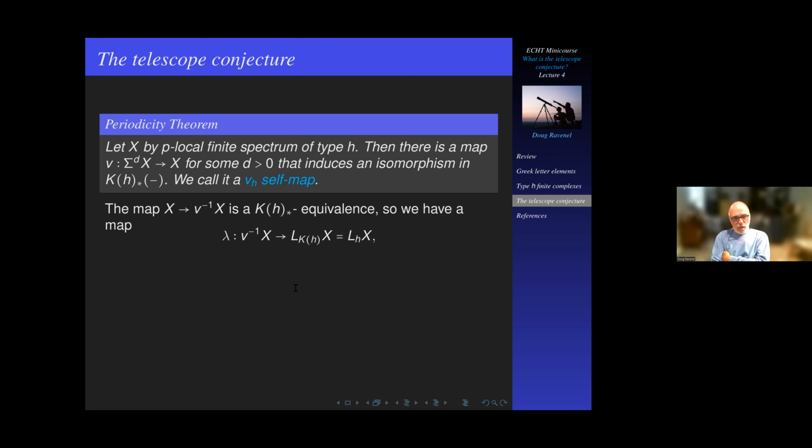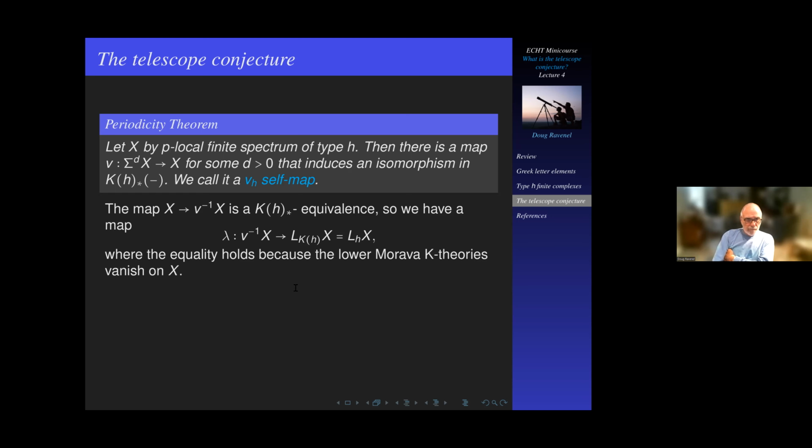That means that there's a map from the telescope to the KH localization of X, and that is the same as the E of H localization. And that equality holds because the lower Morava K-theories vanish on X. Okay, so there's a map from the telescope of X to the LH localization of X, which we have which